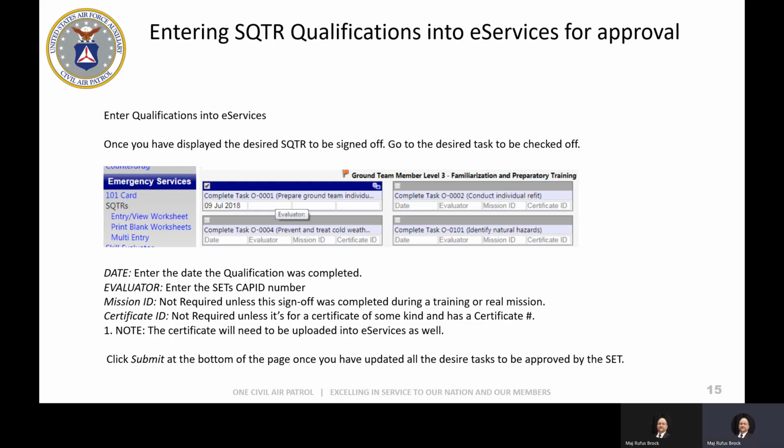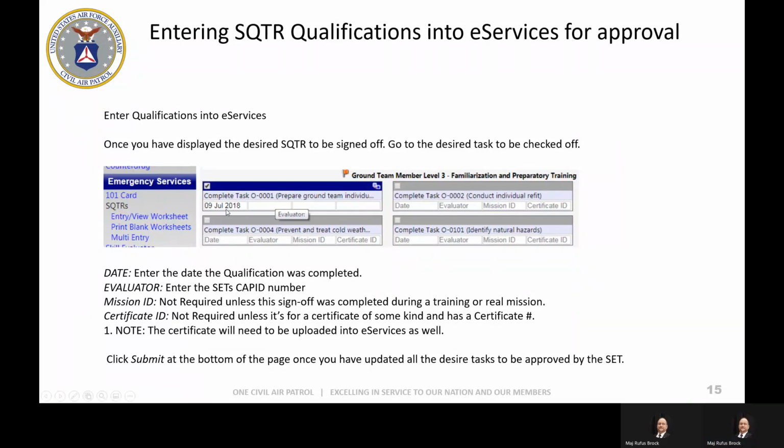The individual has selected the prepare ground team individual equipment, your 24-hour pack, your 72-hour pack. What they need to do is click on the task that they're going to work on or request to be signed off on, enter the date that the task was